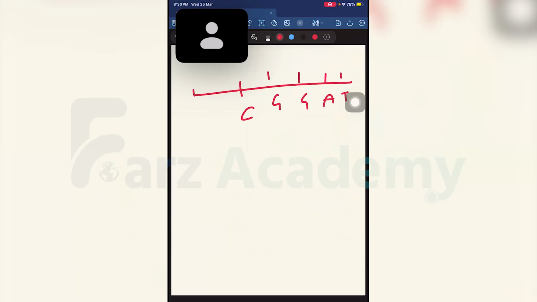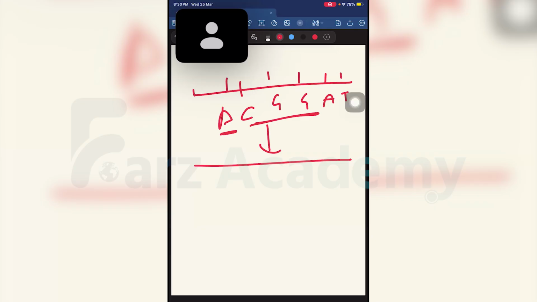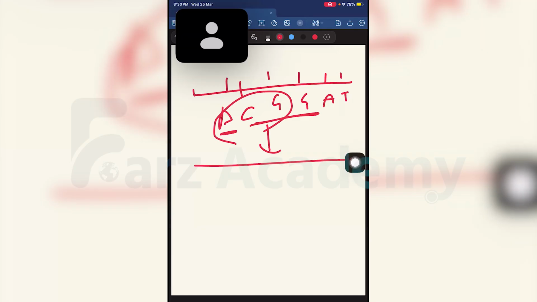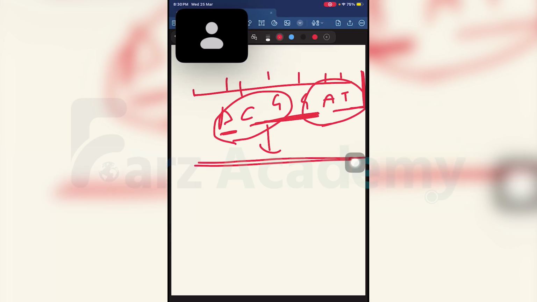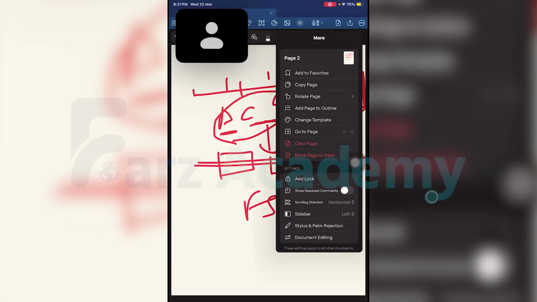CGGAT. Suppose, if I get here, while reading, I skip A. I read CGG. So instead of this reading, I am reading CGG, then instead of this reading, I am reading AT and some other base here. What was this mutation called? What is getting shifted along the strand of DNA? The frame of reading shifts. CGGAT getting shifted. Yeah, frameshift mutations. Very good. So a change in a base pair is basically your mutation.